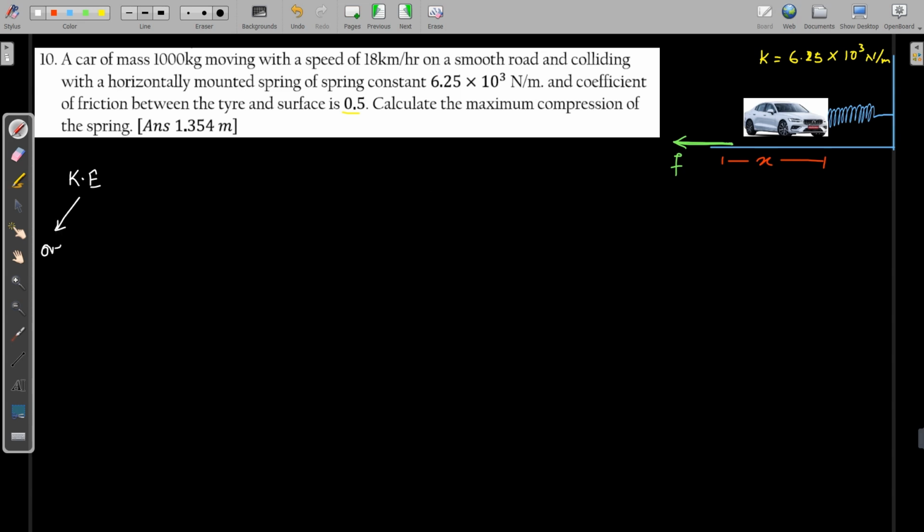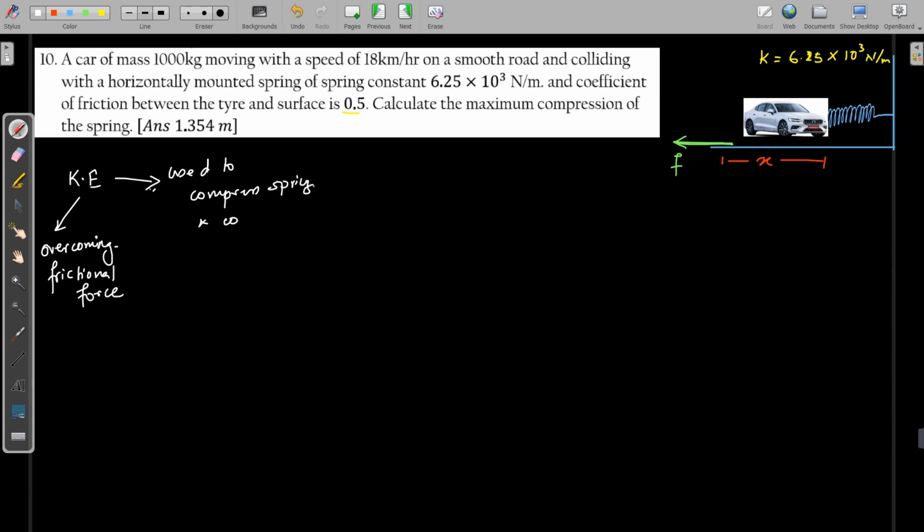One purpose is overcoming the frictional force, and another purpose is doing work against the spring. This other part of kinetic energy is used to compress the spring